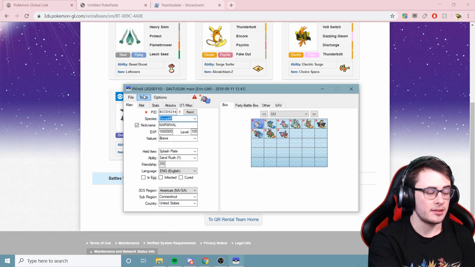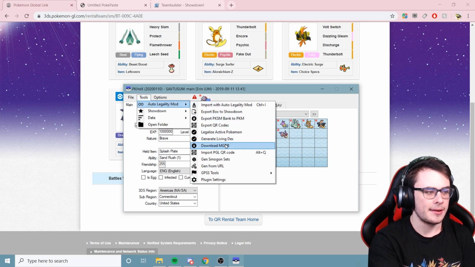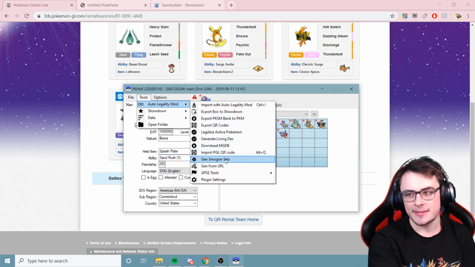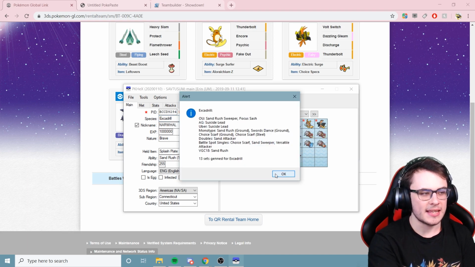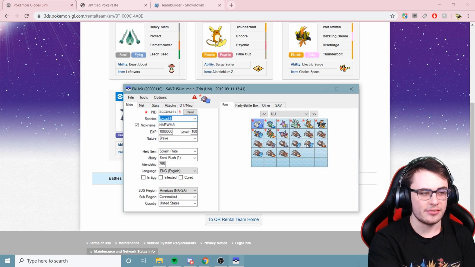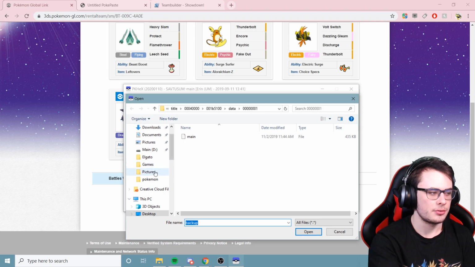This is clearly not a legal Excadrill, but if you go to Autolegality mod, and then Gen Smogon sets, this will now import into this box every Smogon set for Generation 7. As you can see, there are 13 different Excadrills. Most of them are Z-move sets. If we now compare this to the